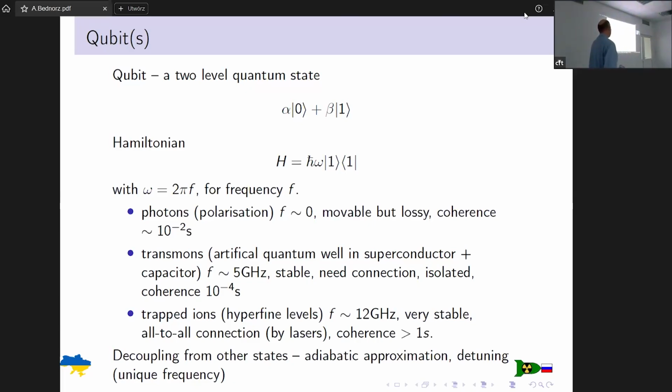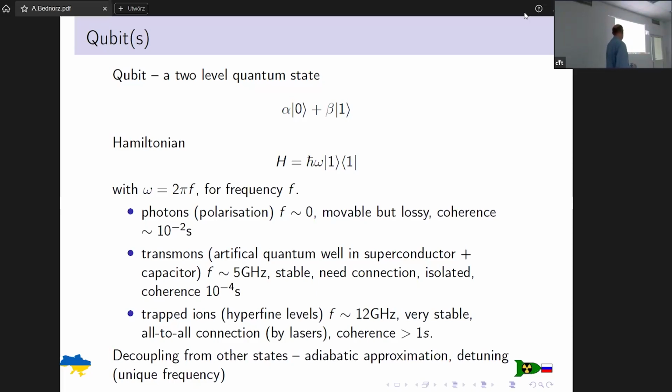Another is transmon. Transmon is based on the superconducting effect, the Josephson junction. You combine it with capacitance, and you produce a kind of artificial quantum well. So you remember square wells from studies. Here, this is not a square well, but also it is not a harmonic well, which is very important because harmonic wells are hard: there are more states, 2, 3, and so on, and the frequencies also scale linearly, so it is difficult to distinguish between higher states. I will talk about it later.